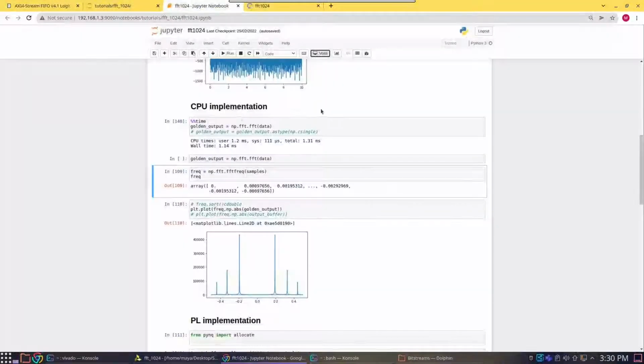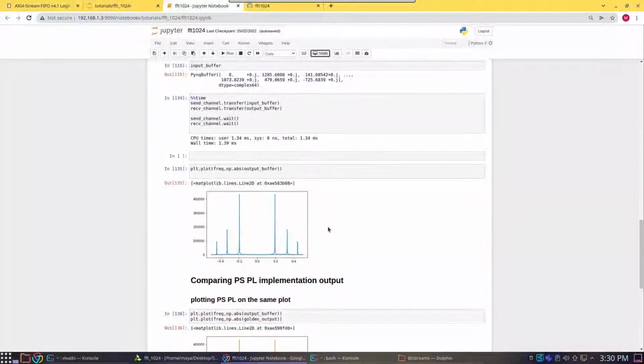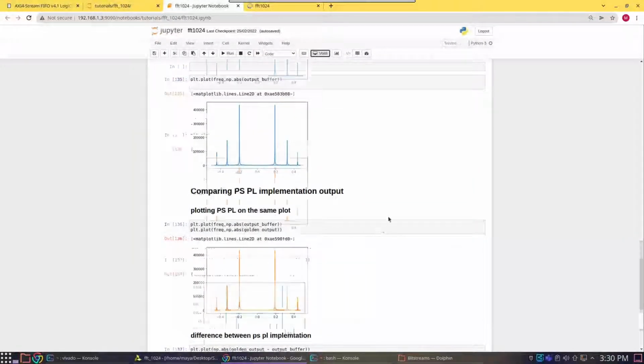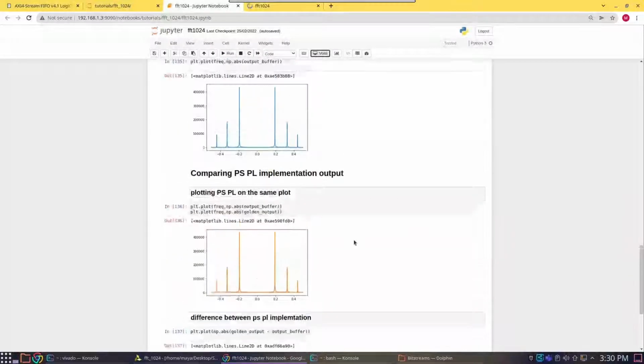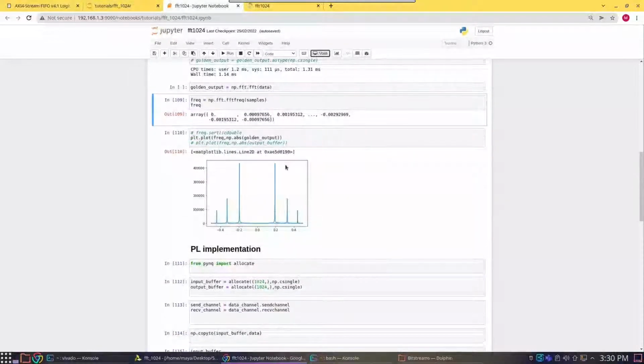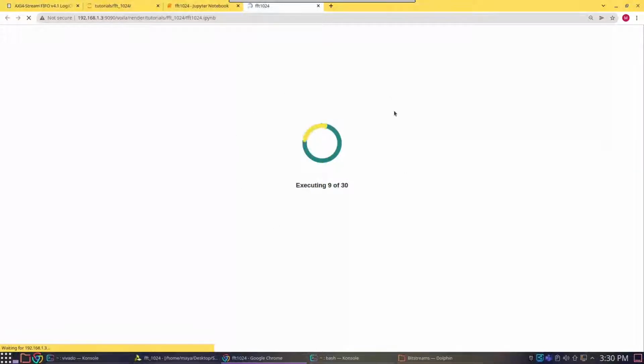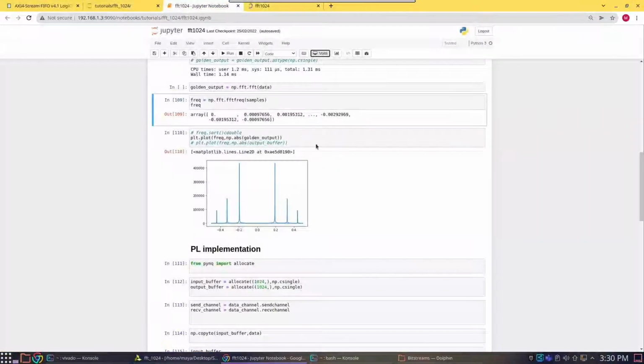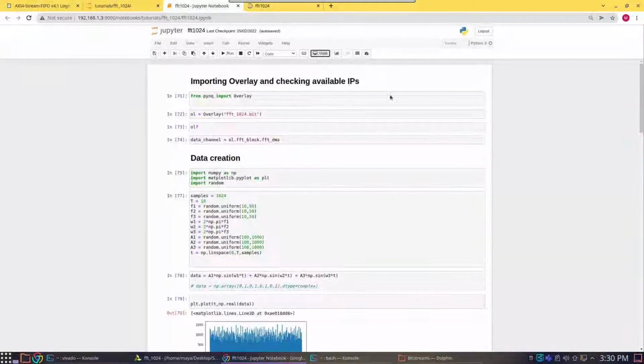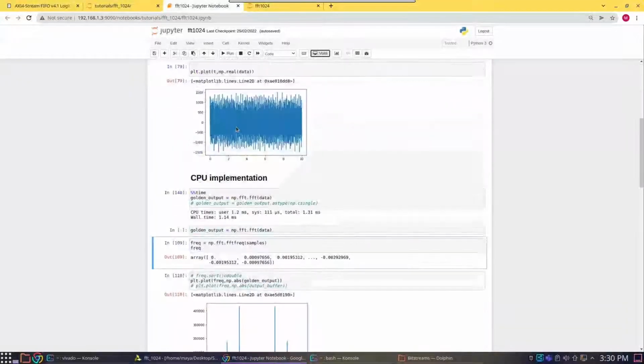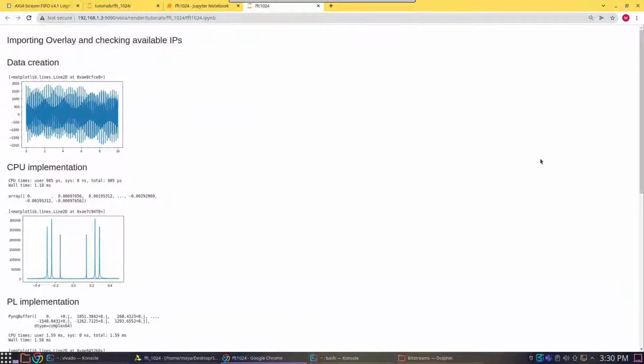which re-renders your whole IPYNB files and only shows you the different graphs and the comments that you have written, showing only the output. It will take some time to run all the cell blocks, because it takes all the individual cell blocks, runs them, and then renders a web page out of it. So as you can see, once Voila has run all the code blocks, it has rendered a web page